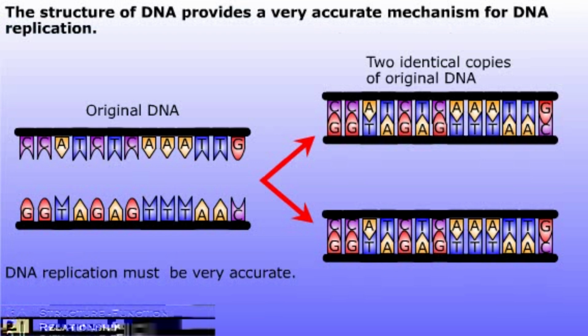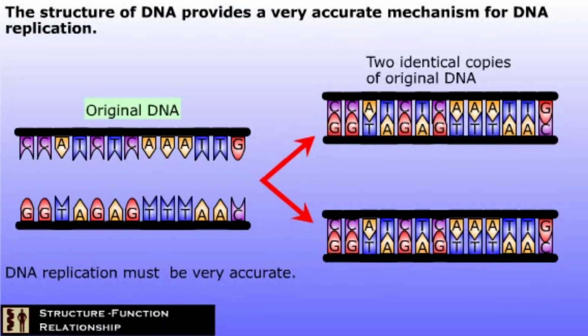Because adenine always pairs with thymine and guanine always pairs with cytosine, a single strand of DNA can serve as the template for the other DNA strand. One double-stranded DNA molecule can be used to produce two identical molecules of double-stranded DNA by copying each individual strand